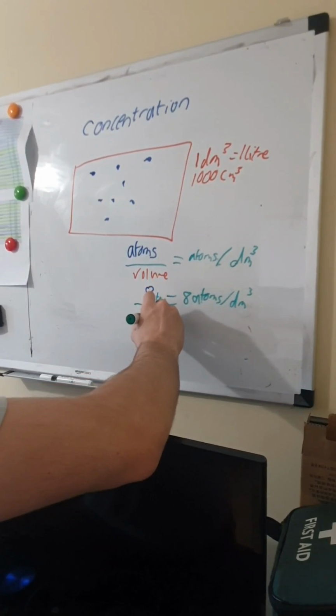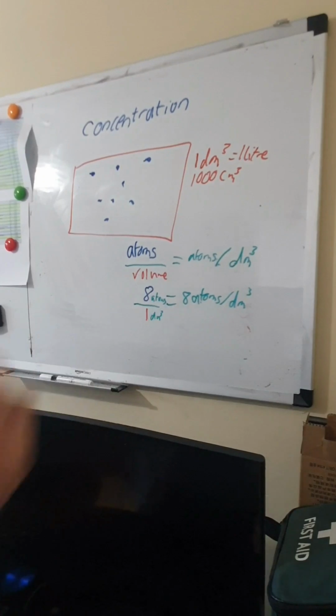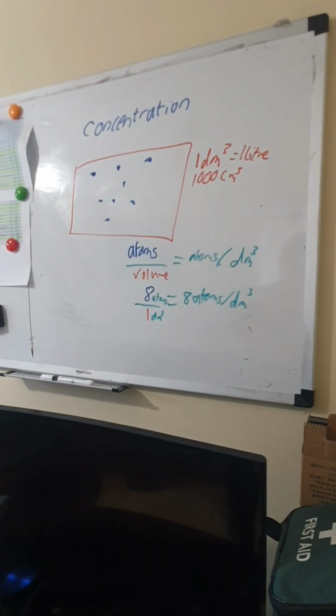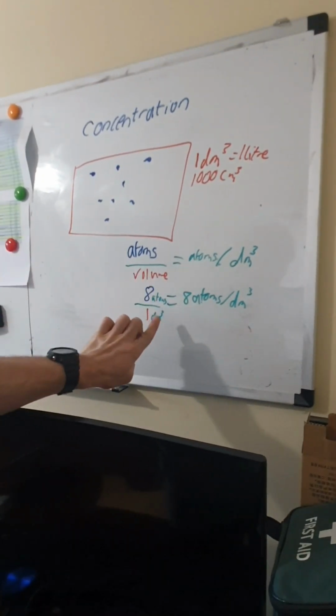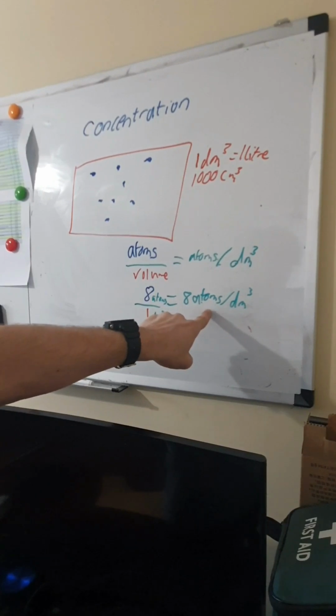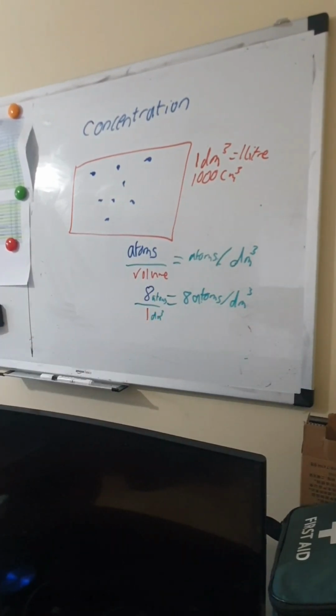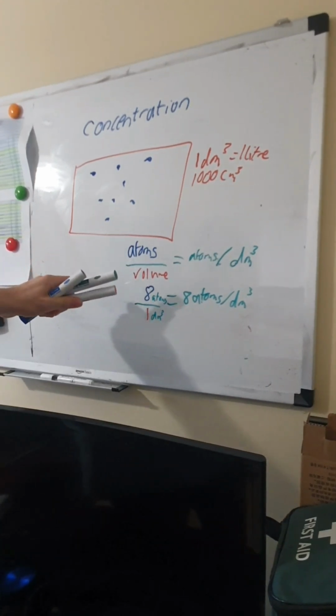over decimeter cubed? So if we just ignore the numbers at the moment, we've got atoms divided by decimeter cubed, and over here we've also got atoms divided by decimeter cubed, and that's where the units come from. But we also have to remember,